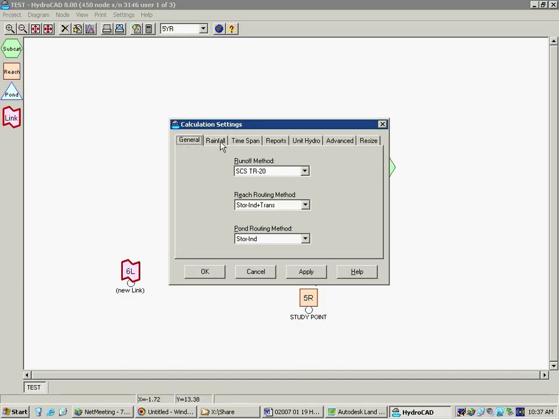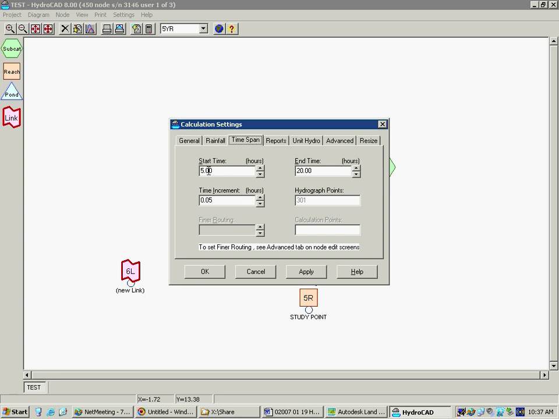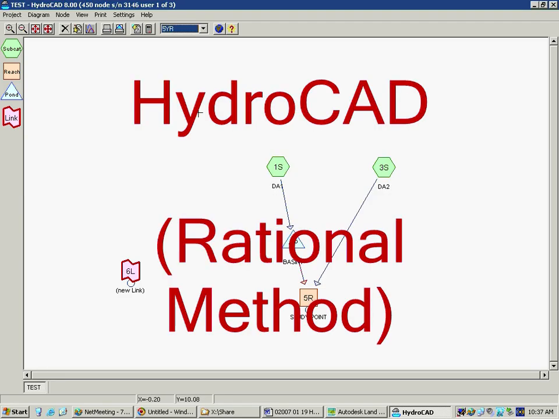What he's talking about is going back up here to your global settings to the time span, and then you could set your start time and end time to emulate TR55, whatever their start and end times are. Like I said before, this is what it actually uses to calculate. The reports tab is the time it actually uses to report, so you can reduce pages in your storm report. Like if you have 1/100th of a CFS for 10 hours, then you don't really want to show that in your report. And so, moving along to rational method,